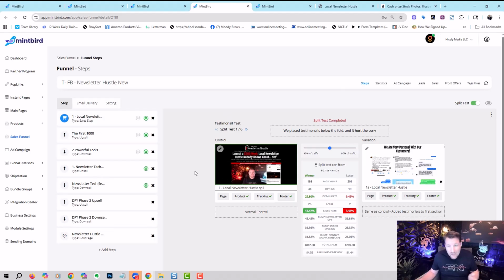Like, here's all the steps. We're actually running this on traffic right now. And you can see that this split test has been completed, and the test was to place testimonials below the fold, right? So we have an image over here versus the control over here. And you can see very easily that the opt-in rate was 9.545 versus 22.8 and 13.4